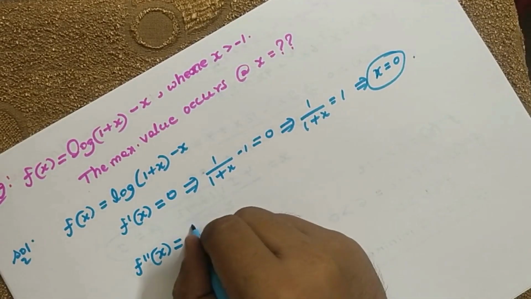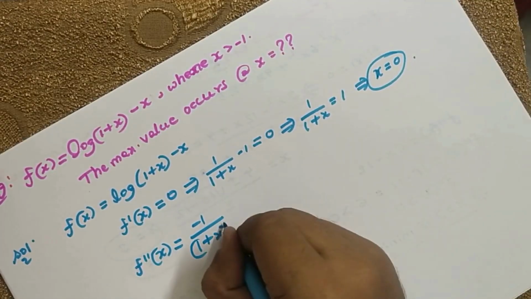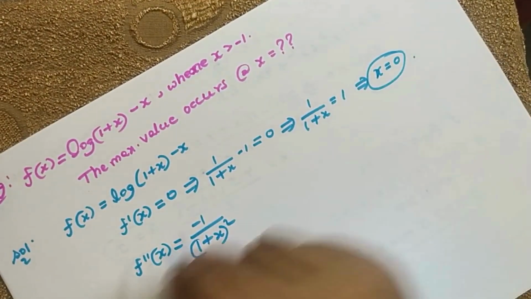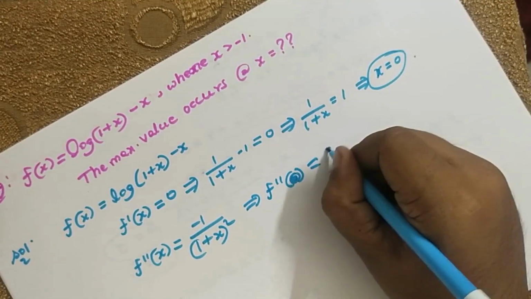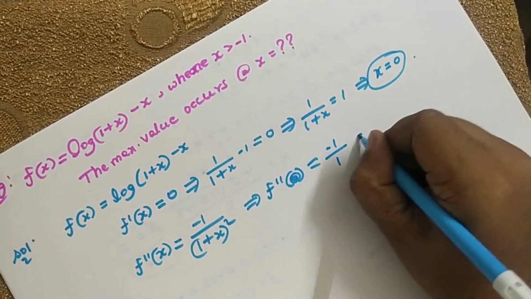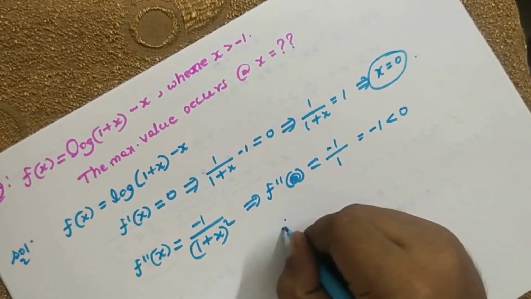So which is equal to minus 1 by (1 plus x) whole square, and we have to substitute x equal to 0 in this one. So f double dash of 0 is equal to minus 1 by 1, which is equal to minus 1, which is less than 0. Therefore the maximum value